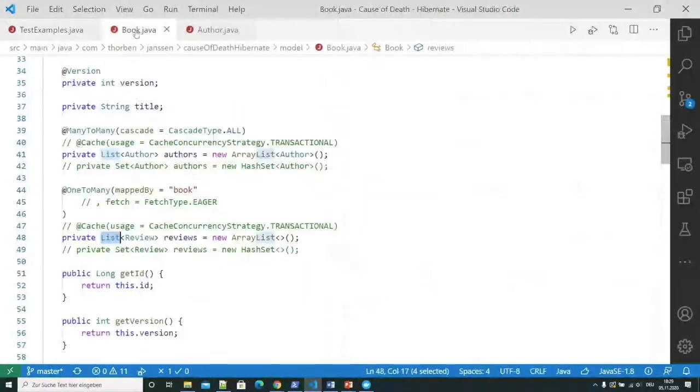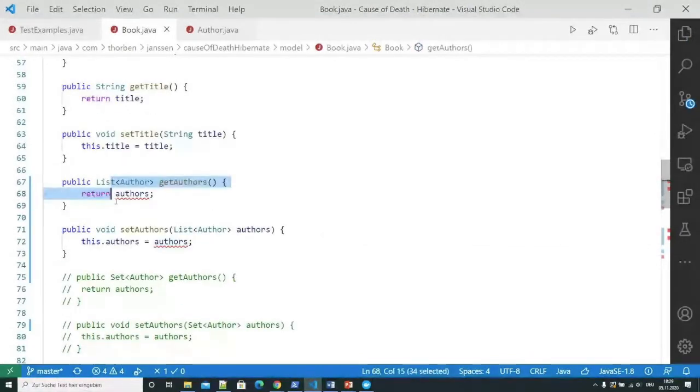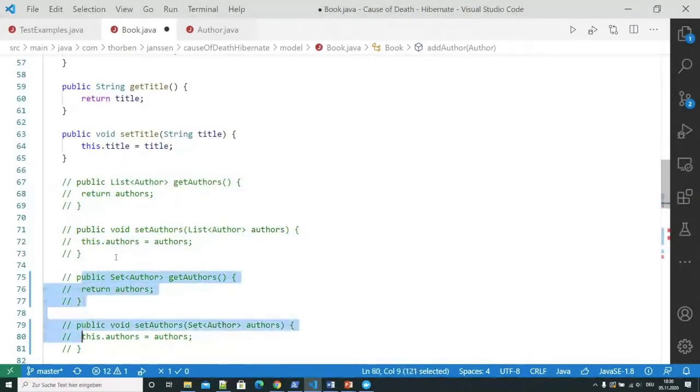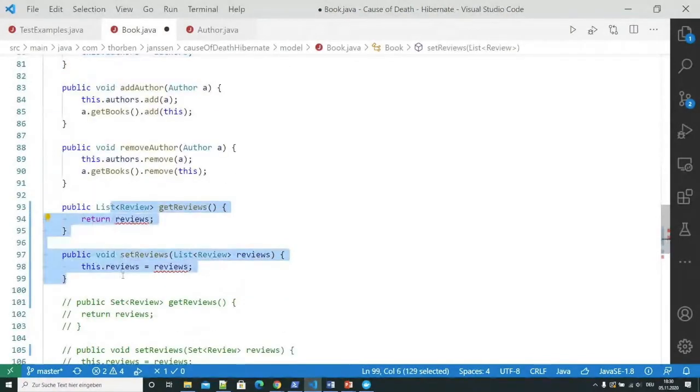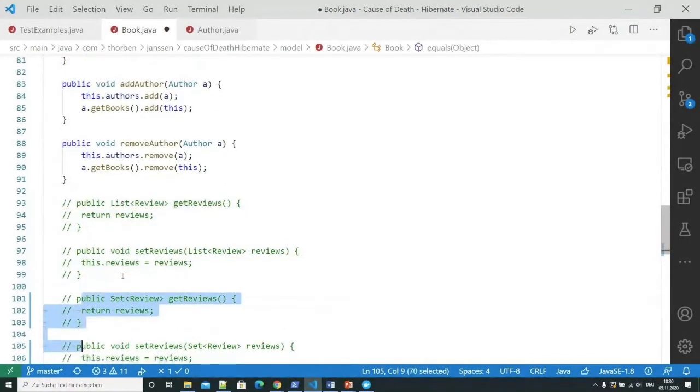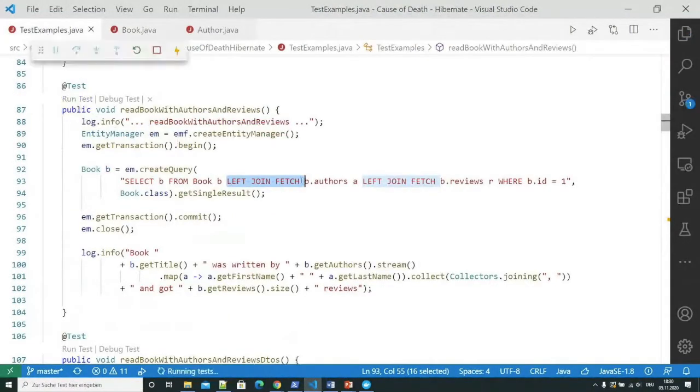You can just go here and switch it to set, which is what we want to do anyways to avoid this inefficient handling of write operations on our association. And then you can run the same test case again.